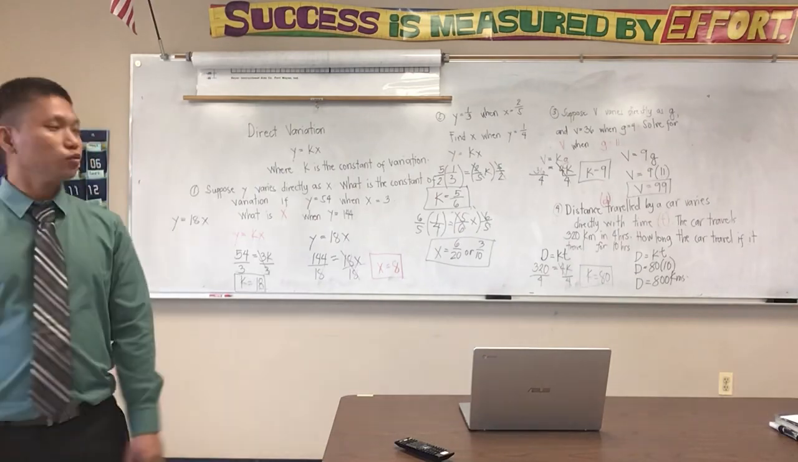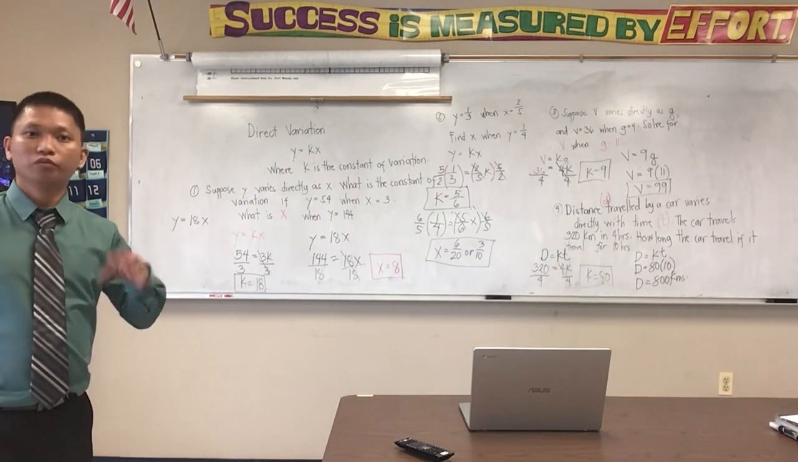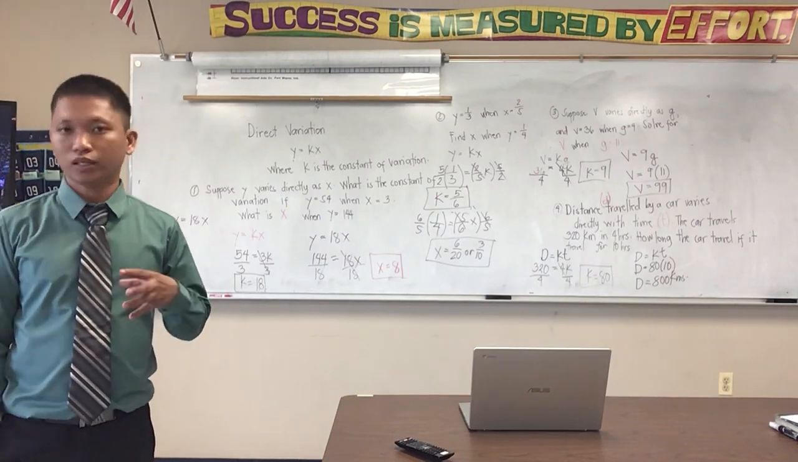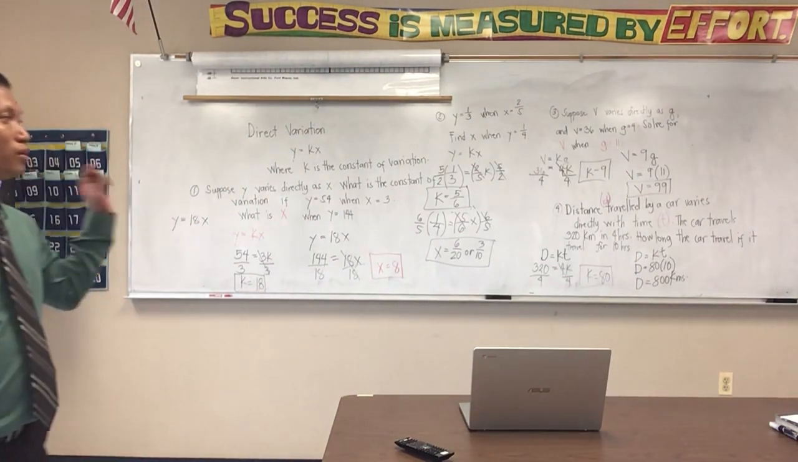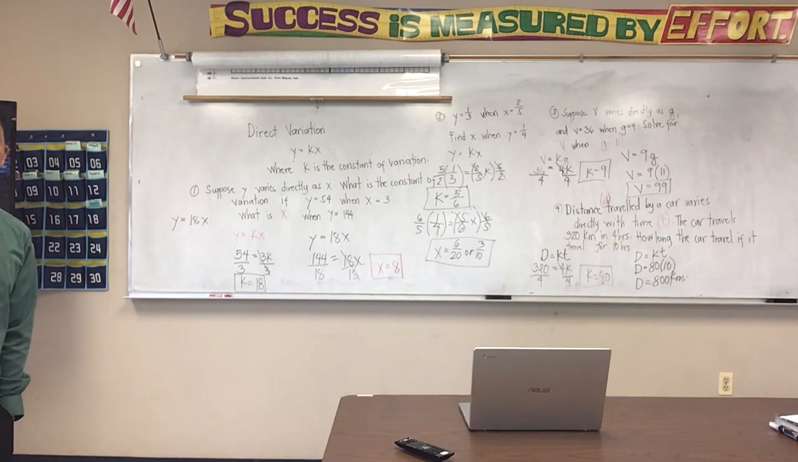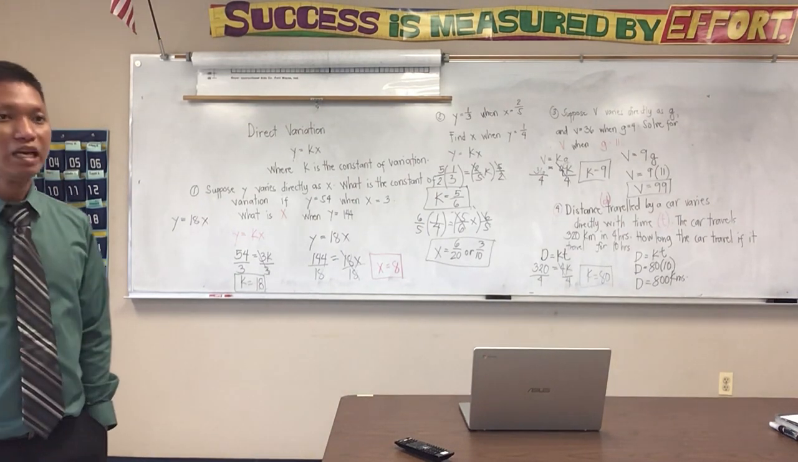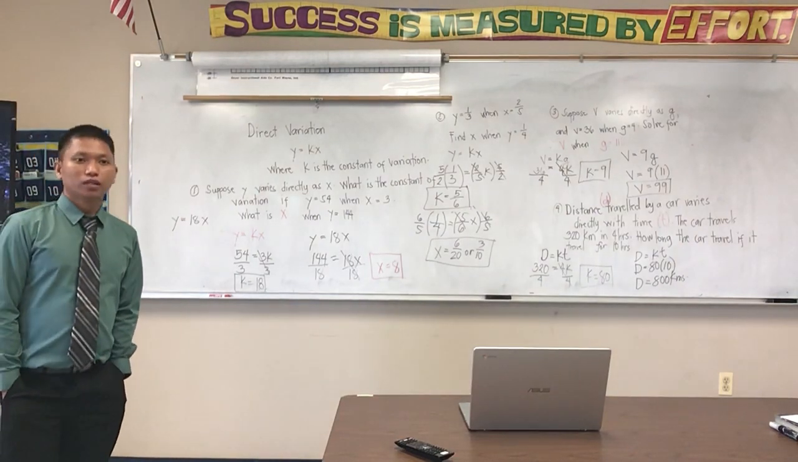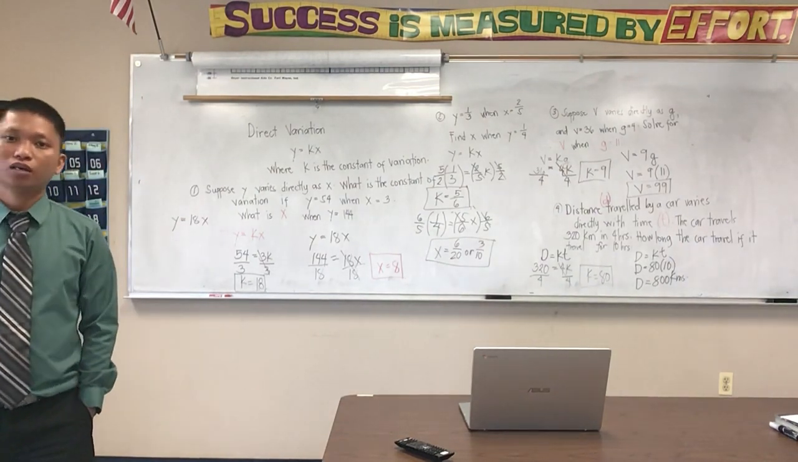Okay, so that would be direct variation. So when one variable increases, the other variable will also increase. Just like, for example, the distance traveled by a car varies directly with the time. And also we have, for example, the salary depends upon the number of time